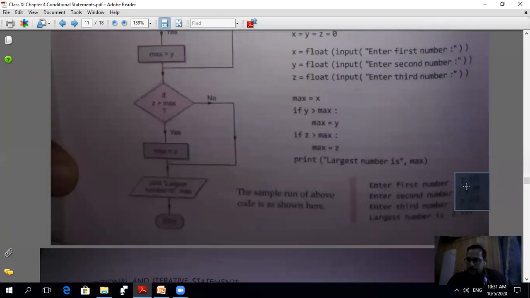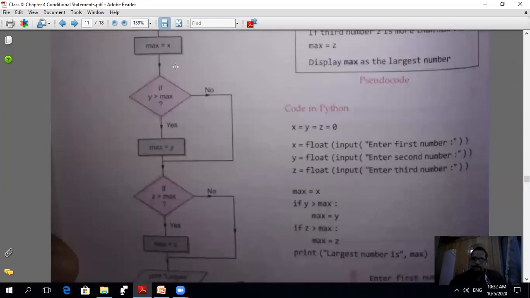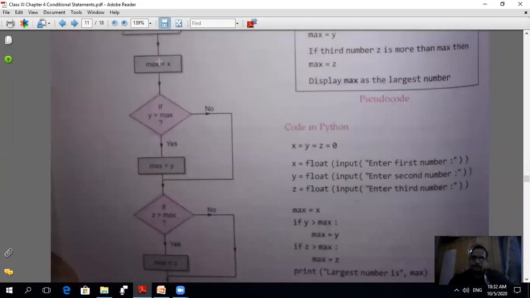The first number is 7.235. The second number is 6.99. The third number is 7.533. These are the 3 numbers. Let us suppose this first value 7.235 is the maximum number. मान लिया हमें सबसे बड़ा नंबर यही है.